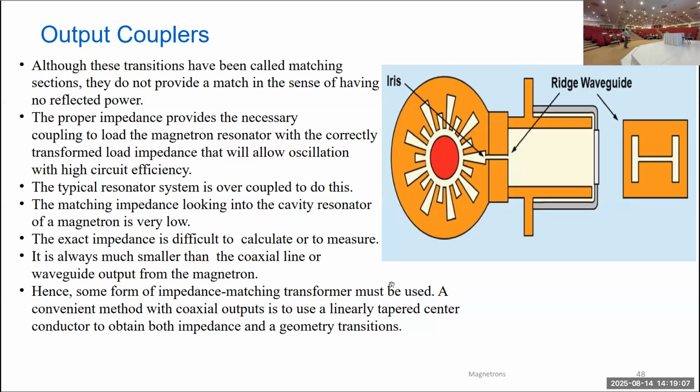The exact impedance is difficult to measure. It is always much smaller than the coaxial line or waveguide output from the magnetron. Hence, some form of impedance matching transformer must be used. A conventional method with coaxial output is to use a linear tapered center conductor to obtain both impedance and geometric